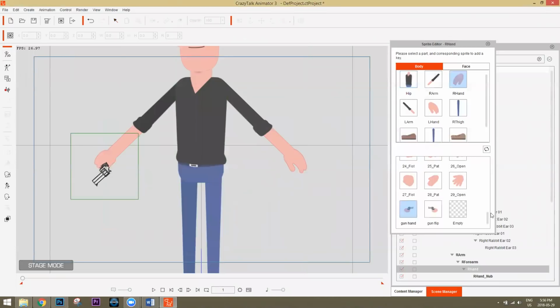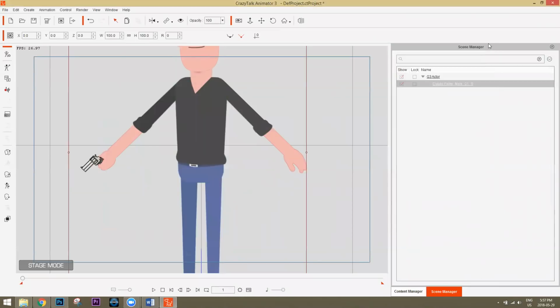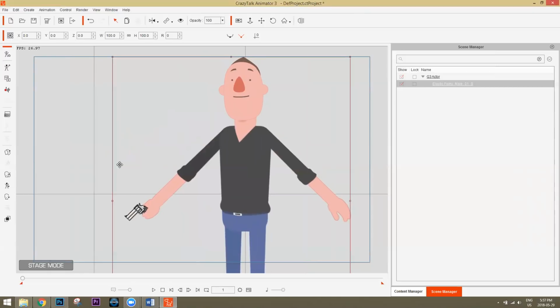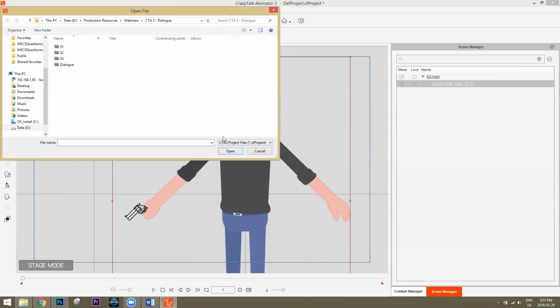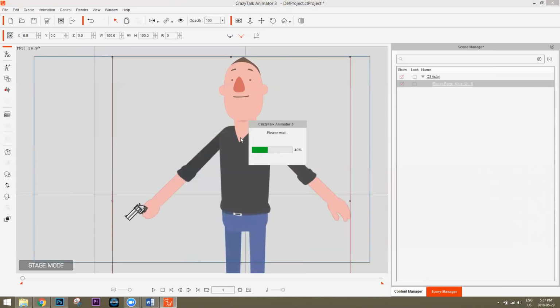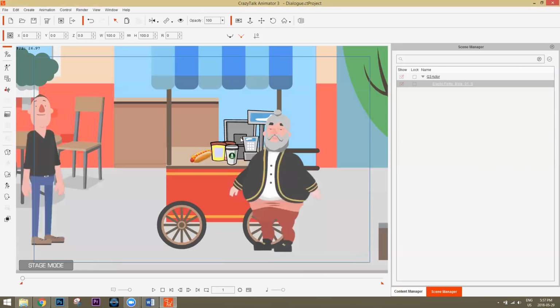The way that I swapped those out, I'm actually going to load in the Starbucks project really quick again, just to show you one final thing: how we switched out the prop, the cup in the guy's hand. Let's do that really quickly. I know I'll probably have a question about that. Basically, I used the same procedure I just showed you with the gun. I did that with the Starbucks cup.